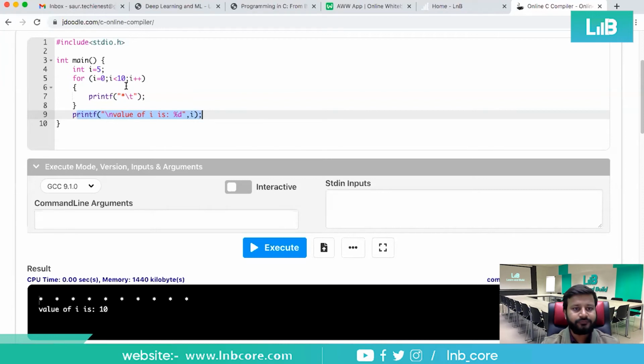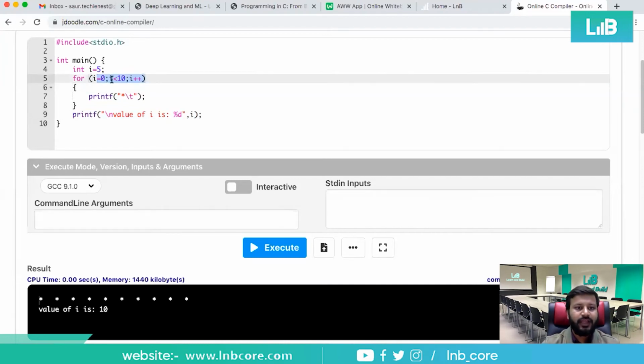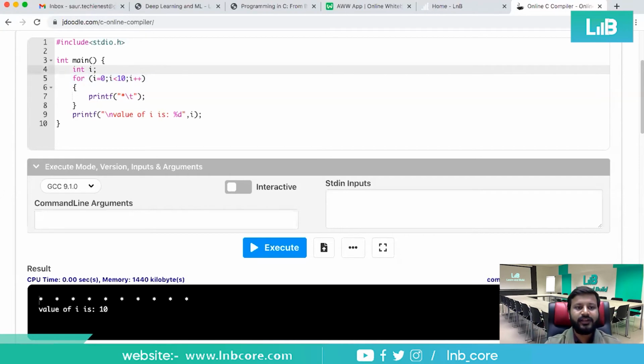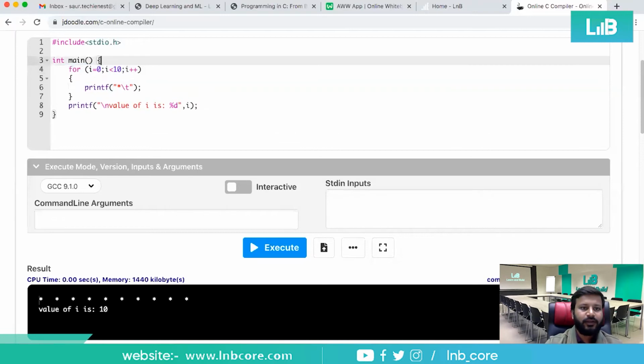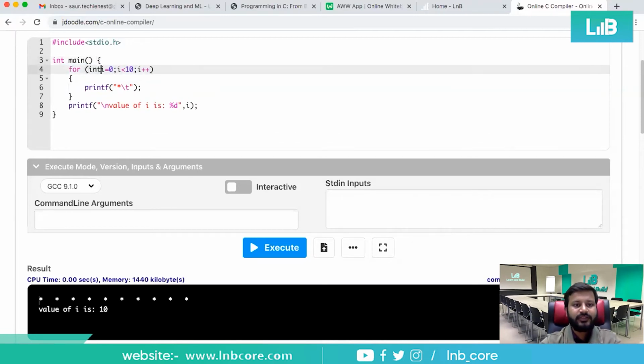Now, instead of doing this, I want to use a while loop. You can either initialize it or not, it does not matter. If you don't want to use this, remove it. I want to just initialize inside.